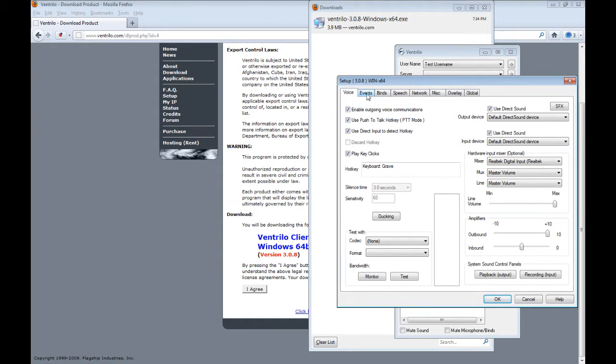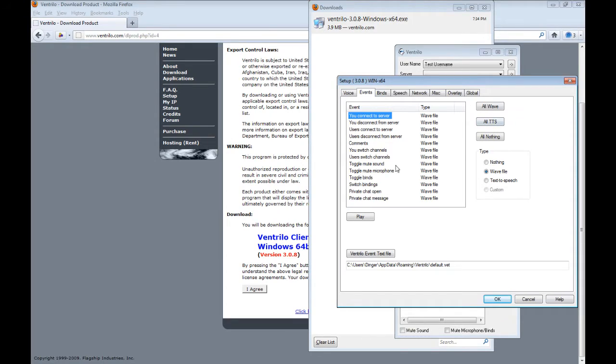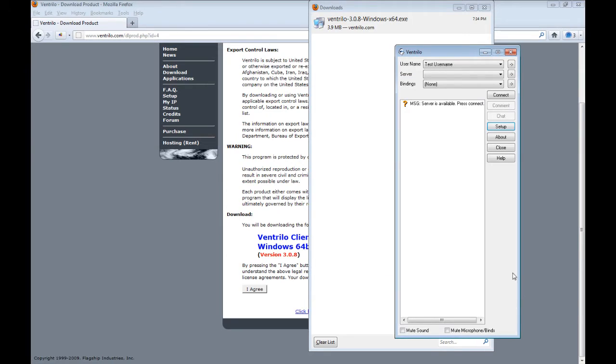Next thing I'm going to do is click on events, and this plays sounds for each different thing, like if someone connects to the server. I prefer not to hear all this, so my personal setting is I set everything to nothing and I click OK. Once that's done, you can click on connect, and it will basically connect you to the default channel for